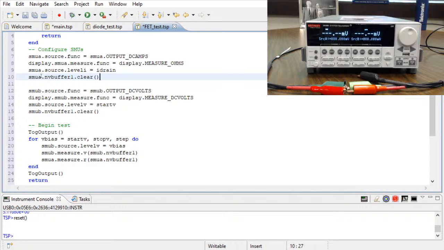NV buffer, each channel has 2 NV buffers built in. You can also make your own buffers, but buffers are where we store readings. NV buffers are just the default buffers that exist. They're NV because they are non-volatile, so they can persist through instrument resets. They don't do that by default, though. There's actually nvbuffer.save. There's a save command that will allow you to save those buffers should you wish them to persist through